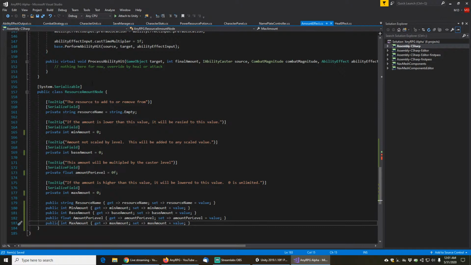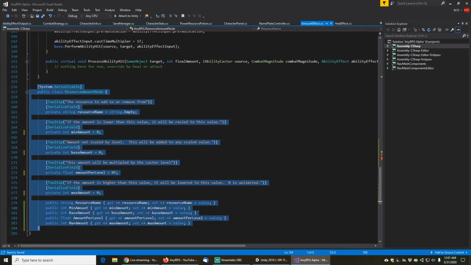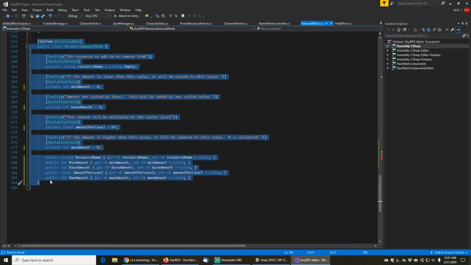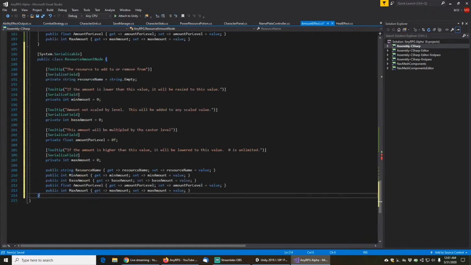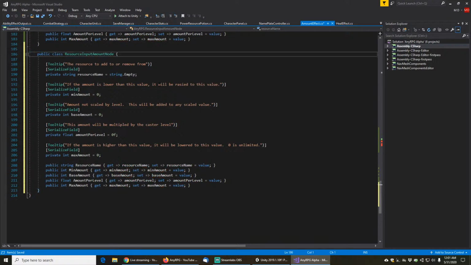And actually, it's kind of a hack that I'm using a resource amount node here. Maybe I shouldn't be using a resource amount node. Let's actually make a new class for that. Let's make a resource input amount node. Doesn't need to be system.serializable,